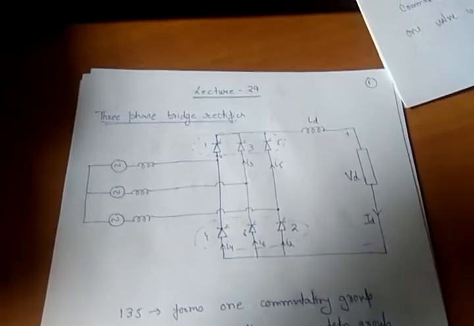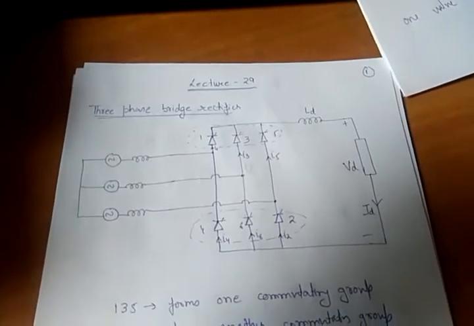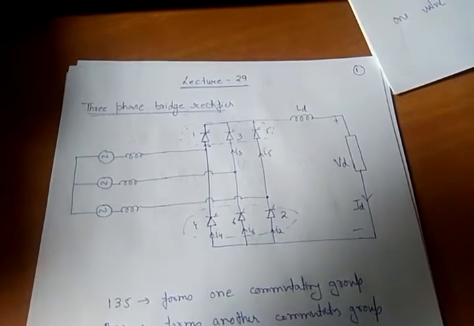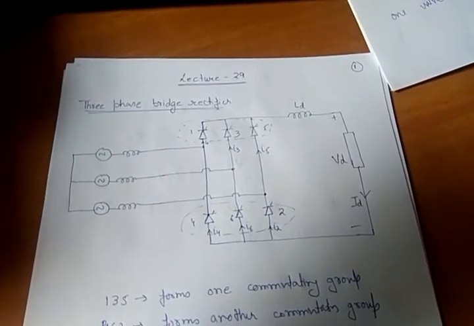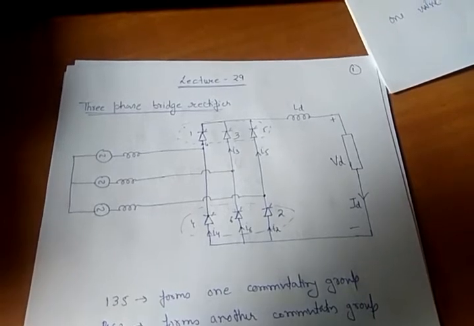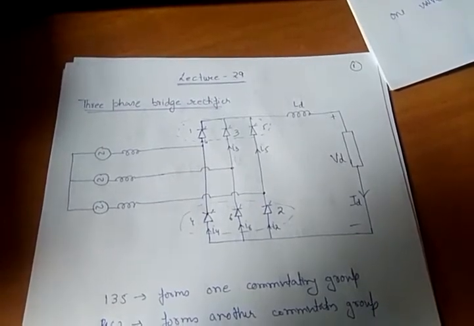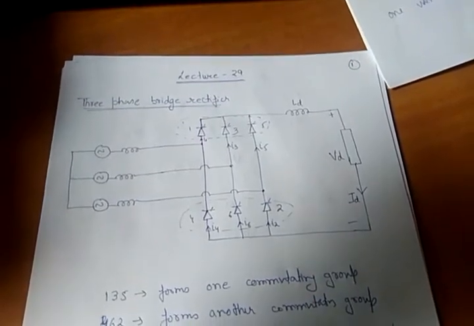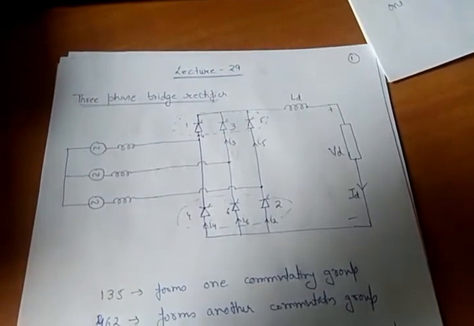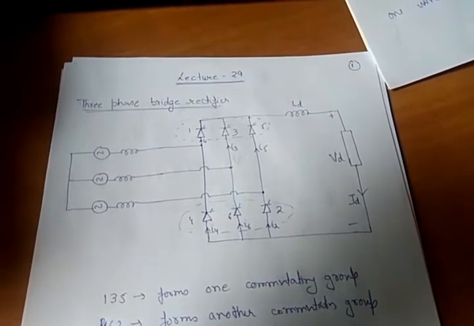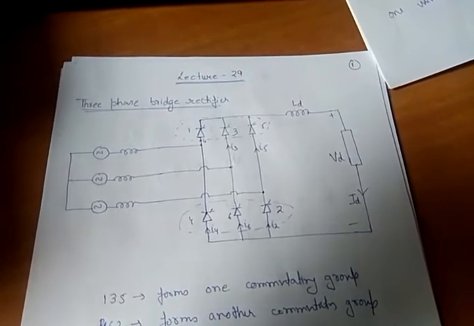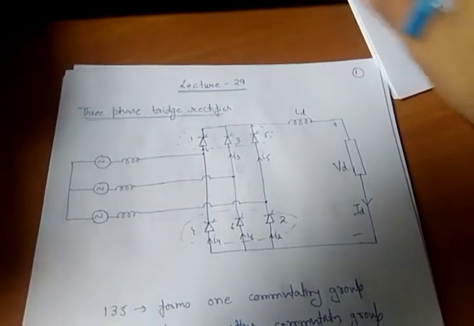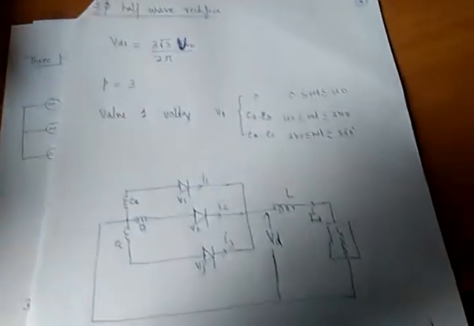In the previous lecture, we discussed the various terminologies used in HVDC: commutation group, number of valves in series, and number of valves in parallel, denoted by P, S, and R. Then we talked about the half wave rectifier, the peak inverse voltage, and the average output voltage on the DC side, and we also discussed the three-phase half wave rectifier, where we said that this is the condition.